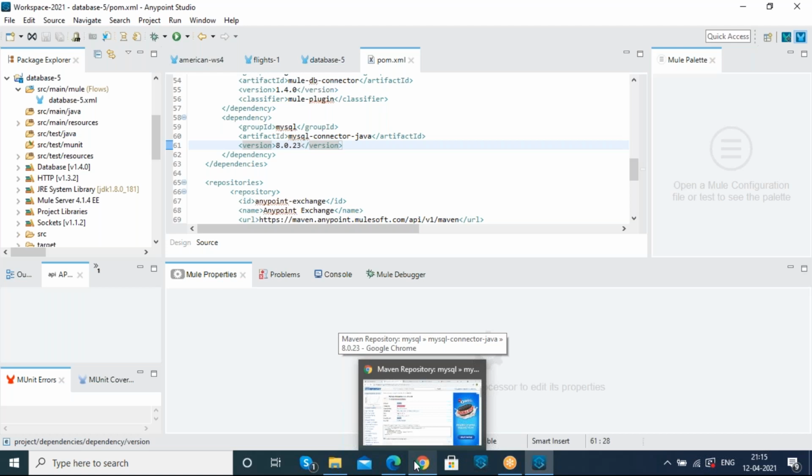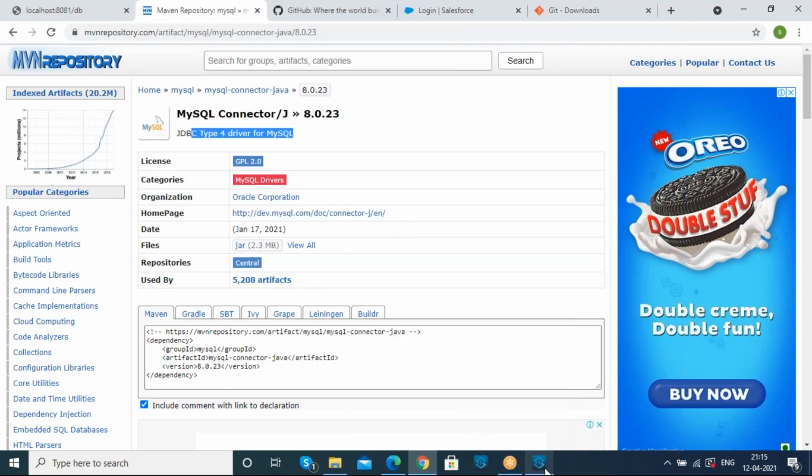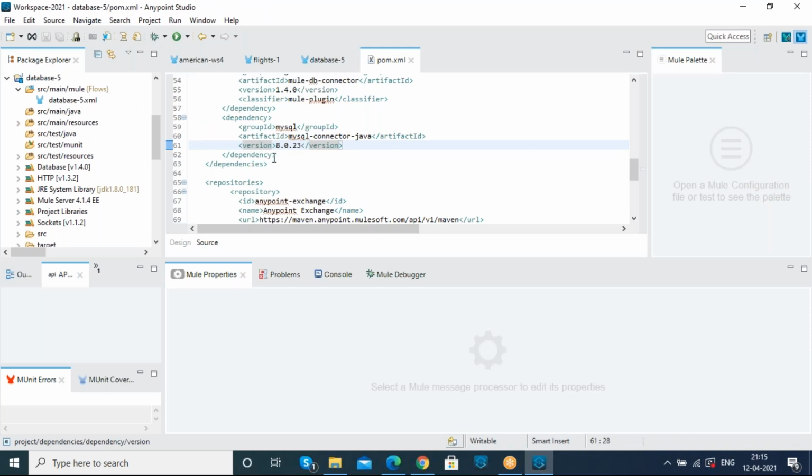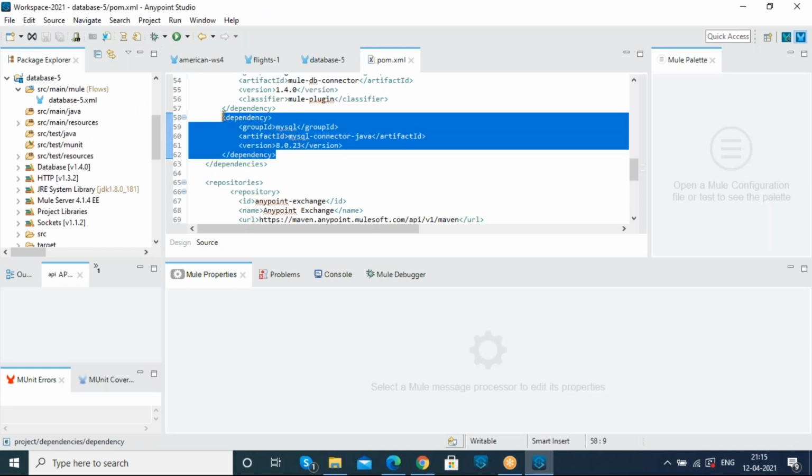Did you get it? Whatever we copied in the browser, we pasted in the pom file, and it persists here, right? Without downloading also we can get it, no? Yes, yes. Any doubts, Ramohan? Radhika? No? Okay.